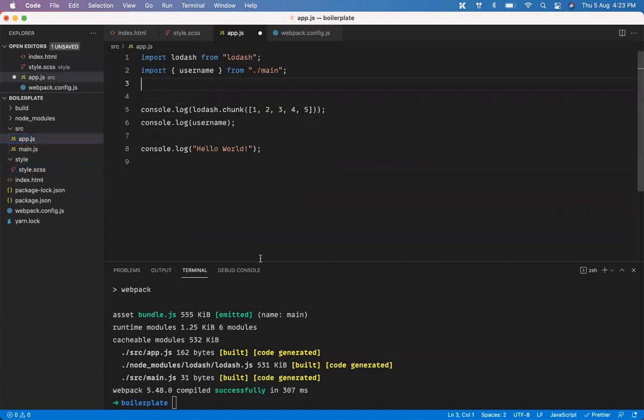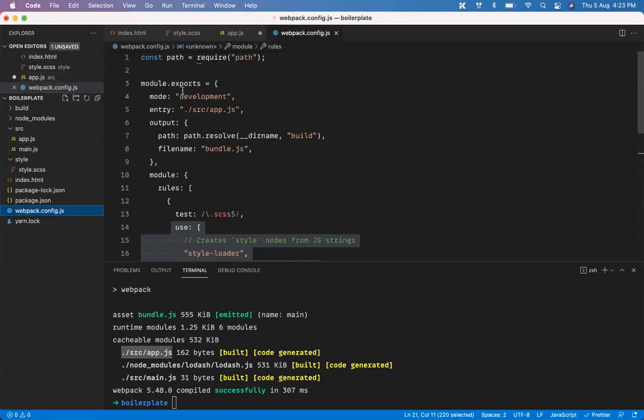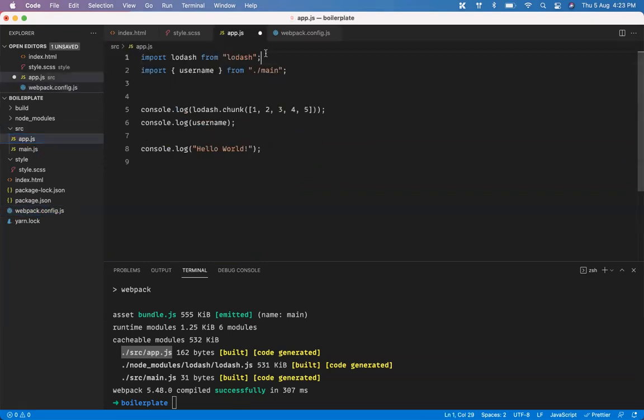Why? Because if you look at Webpack, where does it start its work from? Which file? App.js. Where had we defined that? We have defined that here, right? This is the entry. So it will go into app.js and look at main.js. It is loading main.js.